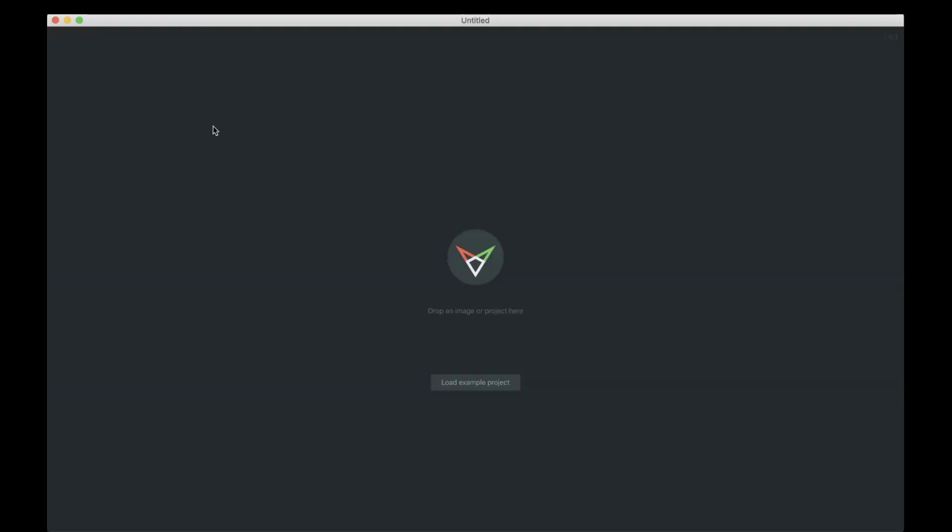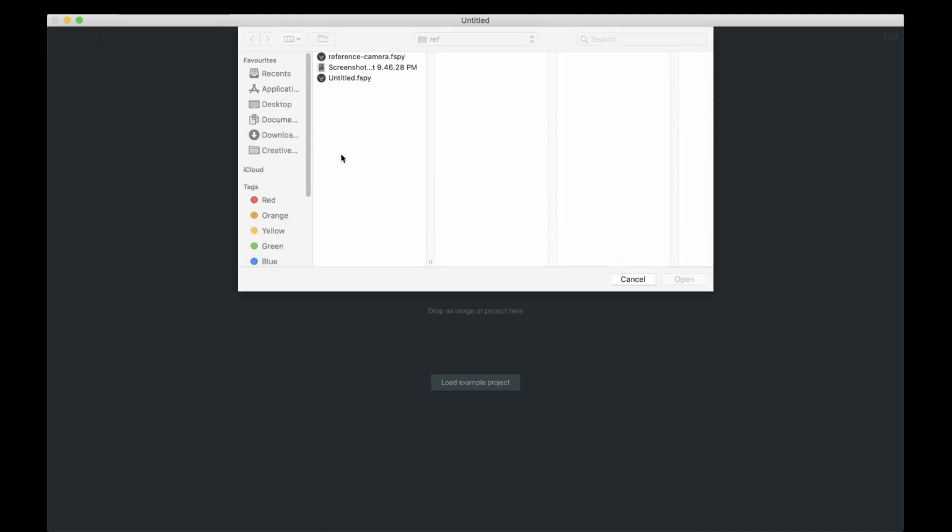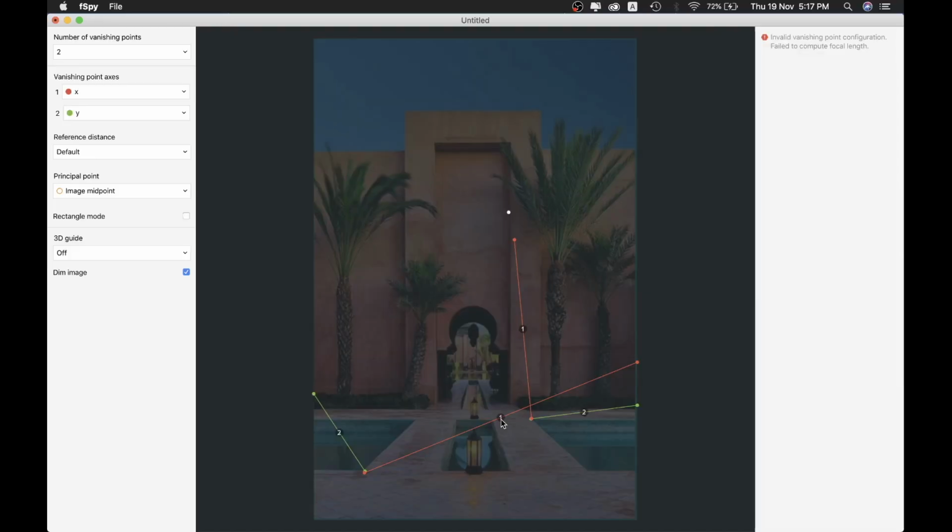Before starting with the modeling process, I first opened FSpy. In this application, we are going to set up the camera for Blender, which we will export later on in the video into Blender. So currently over here you can see there is an option of loading an example project, which we won't choose. For now, we will go into the menu and from there select the load image option.